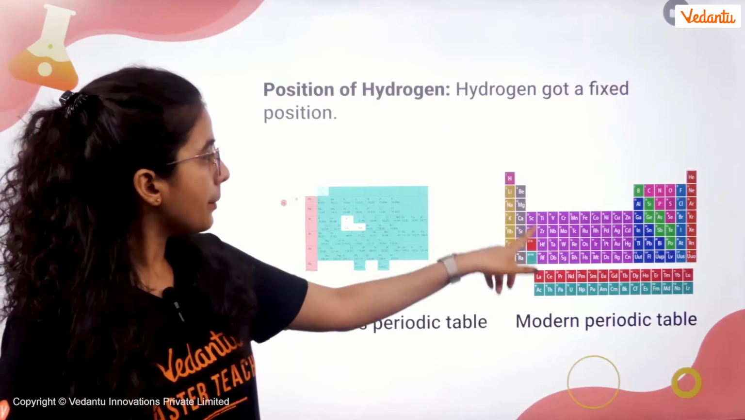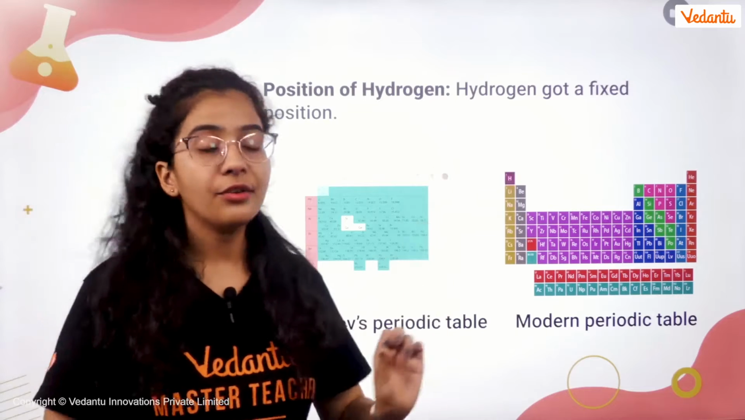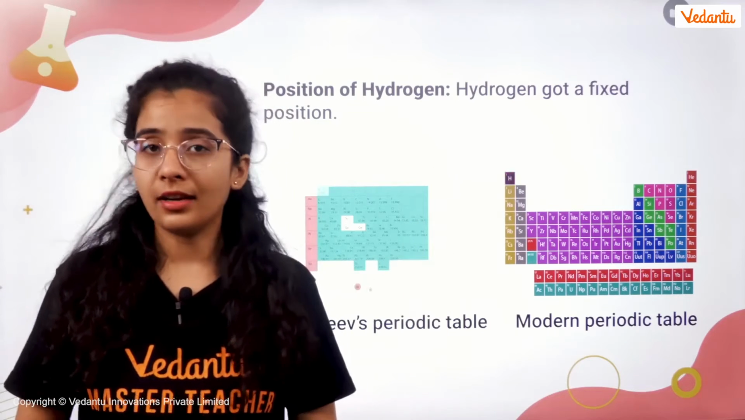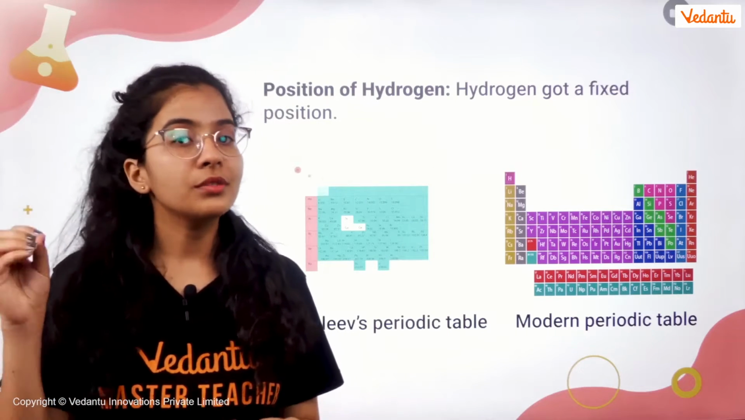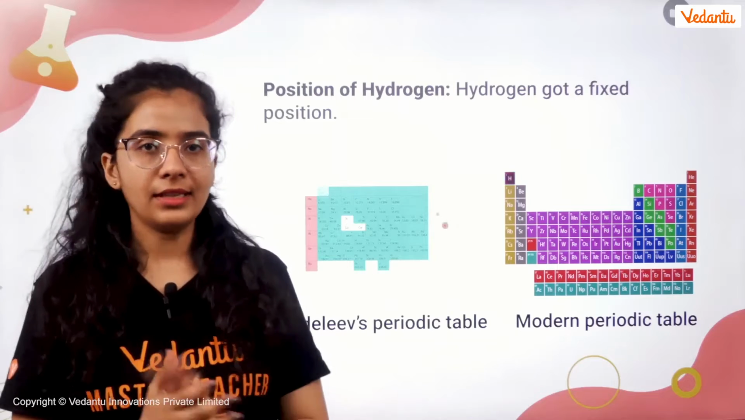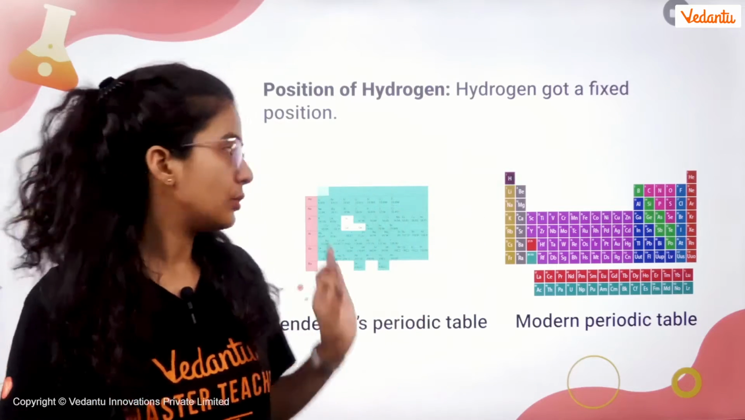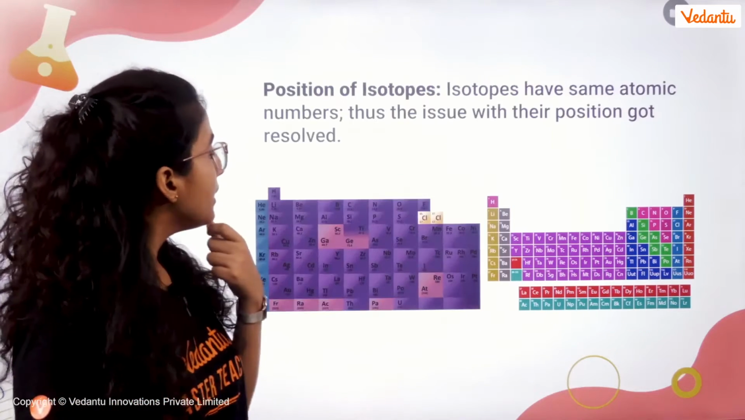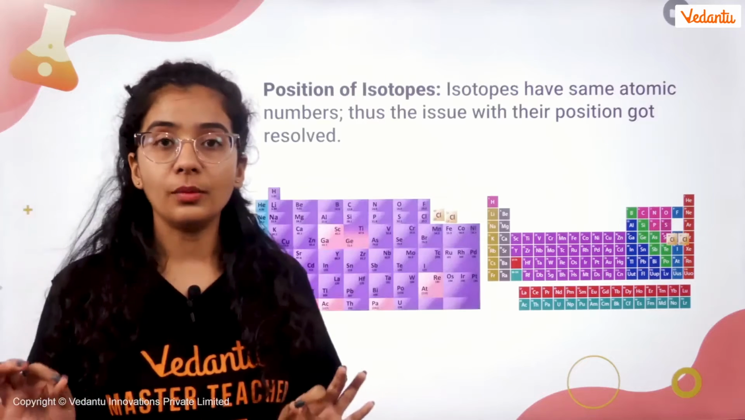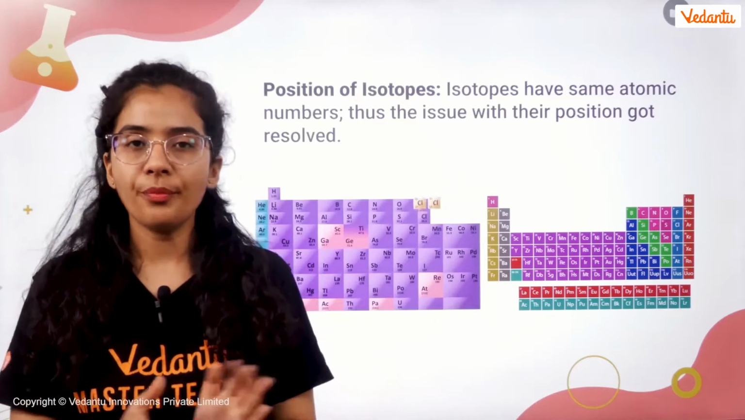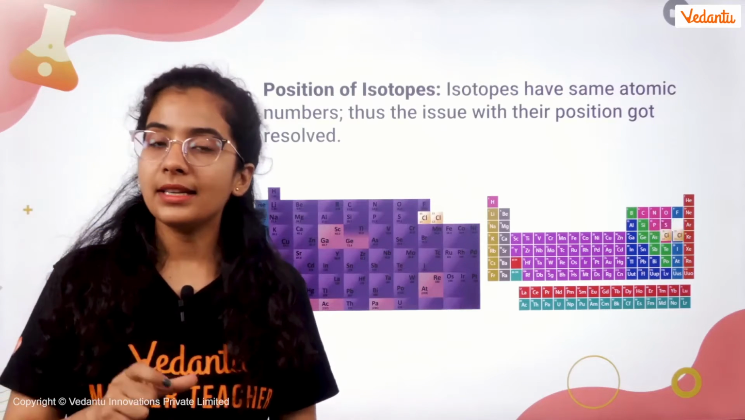In the modern periodic table, this position got fixed. It is in the first group, but it's still confusing because hydrogen shows most of the properties of non-metals, right? So this position is still confusing. All right. Then the next limitation, isotopes, and that was the major limitation of Mendeleev's periodic table because Mendeleev kept the